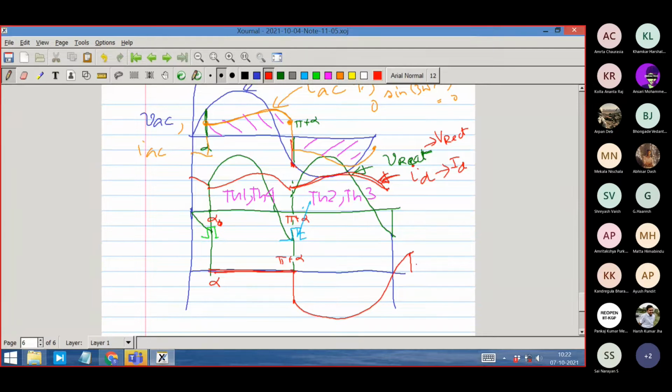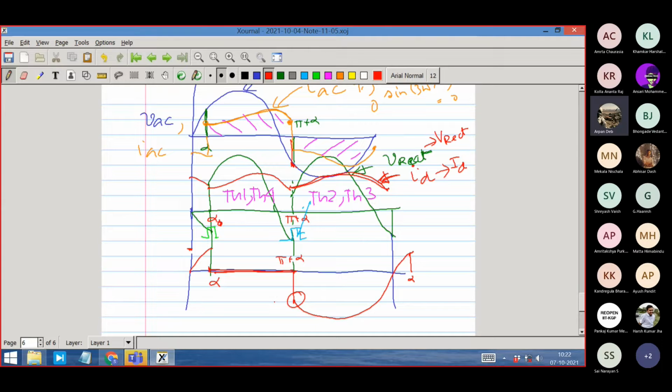Then again it is alpha here, the subsequent alpha, right? So here you see that, let us complete the voltage waveform. So here it is like that. Sorry, not this, 0 to positive. Right. So a few things you observe. The first thing you observe is that it is getting negative voltage. So good for the thyristor. It is required to get negative voltage.